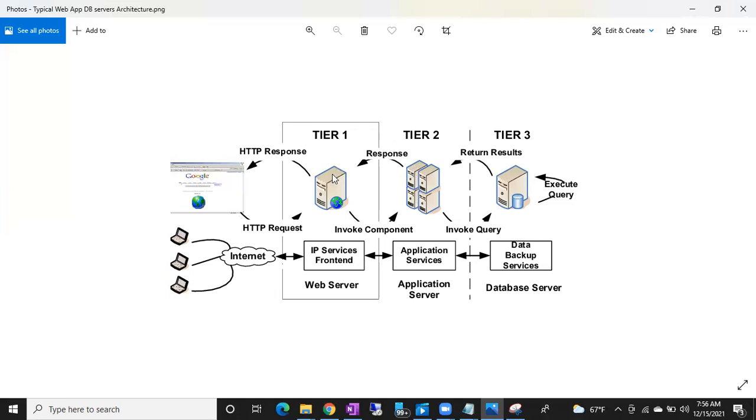Application to web server, sixth action. And web server to your browser, seventh action. A single click involves 7 actions. Then only you are able to see the data. That's why this happens not in seconds, this happens in milliseconds, Santosh.